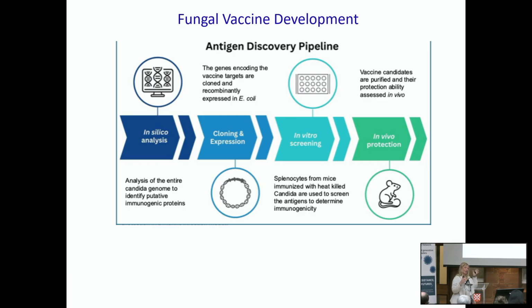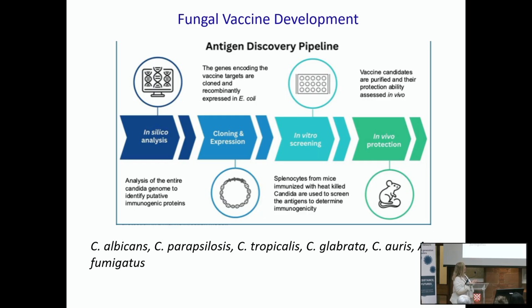So we've been collaborating, trying to use this and slightly modify it to identify vaccine candidates for fungi. So what we've done is this in silico analysis based on Candida albicans, and gotten a list of targets that should give a T-cell